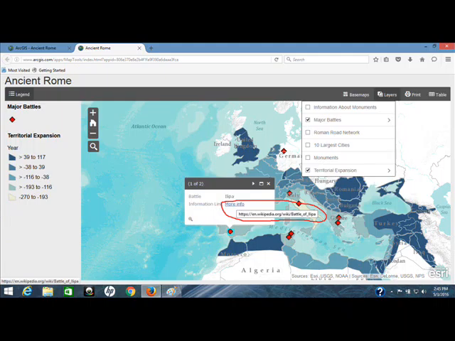In this slide, the students have turned on the major battles layer, and we've got a pop-up as you click on the major battles. Again, this is a feature of interactivity that is also helpful to direct learning, where you can put a link in your pop-up to another website.